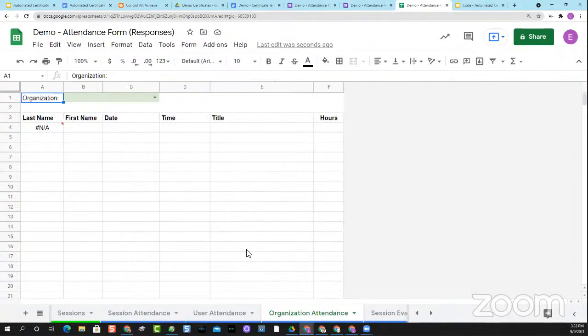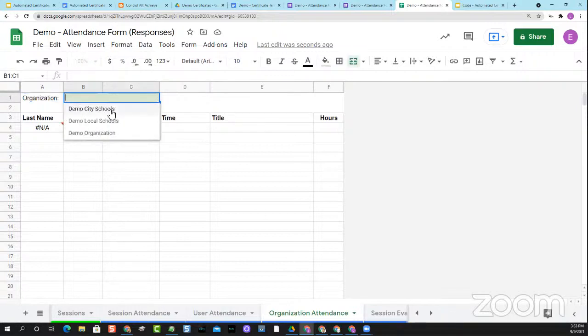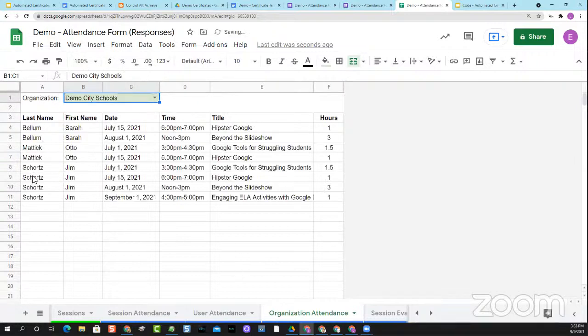The next one up is the organization attendance. So if you're supporting multiple school districts or multiple buildings, this is a drop down. And what it does is it looks through to see all of the different organizations that have submitted their attendance, and it gives you a drop down and you can pick from there. So you don't have to fill this in, it picks those for you. So I could say, okay, show me everybody from Demo City Schools. And now I get a list of everybody from Demo City Schools, alphabetically listed, and then by date, all the